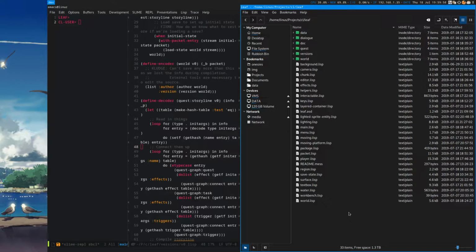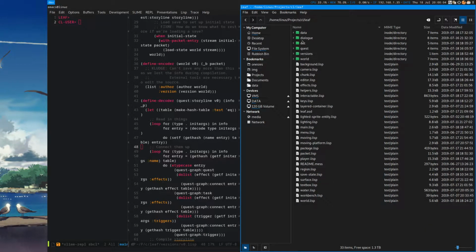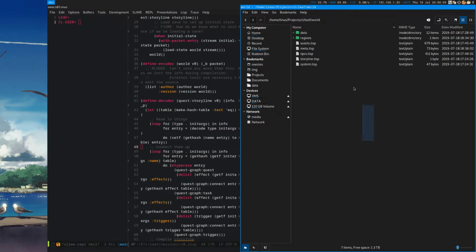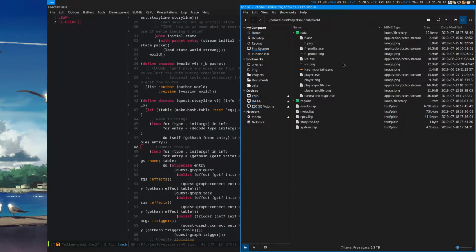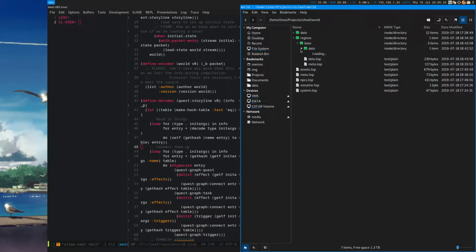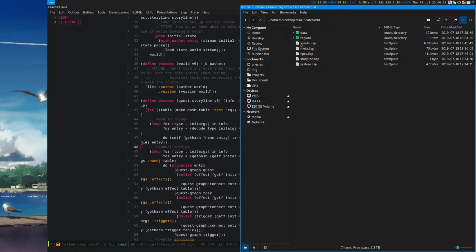What I've done is I factored most of the resources out of the data directory and put them into a world directory, which contains the assets for the world, but also the actual regions, which define the tiles and everything, and then additional metadata and source files that make up the game content.